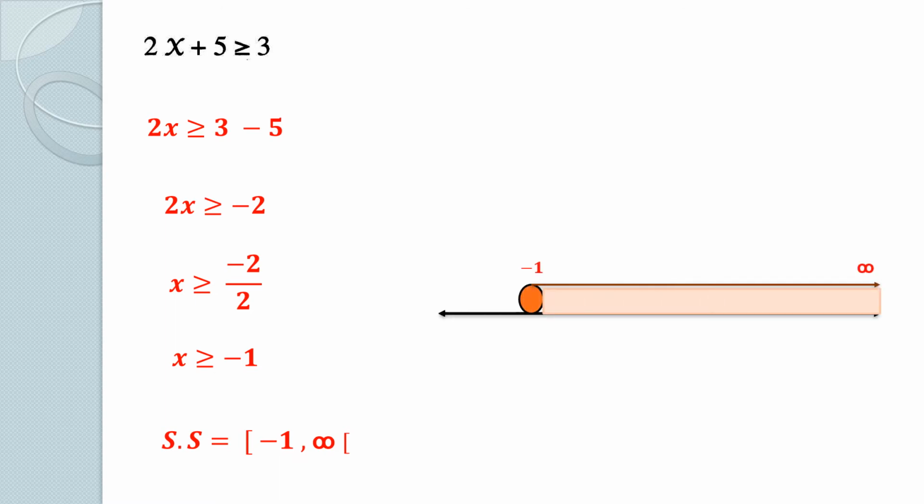Let's represent on number 9 from negative 1 closed to infinity closed. Let's take an important example: 3 minus 2x less than or equal 7. To remove 3, add negative 3 to both sides. Here we have negative 2x less than or equal